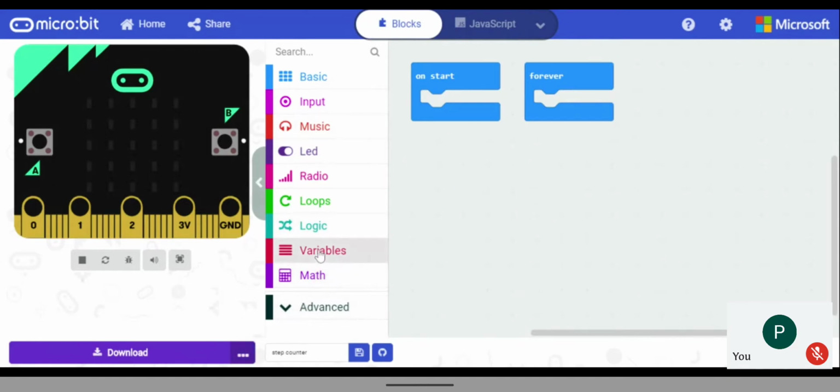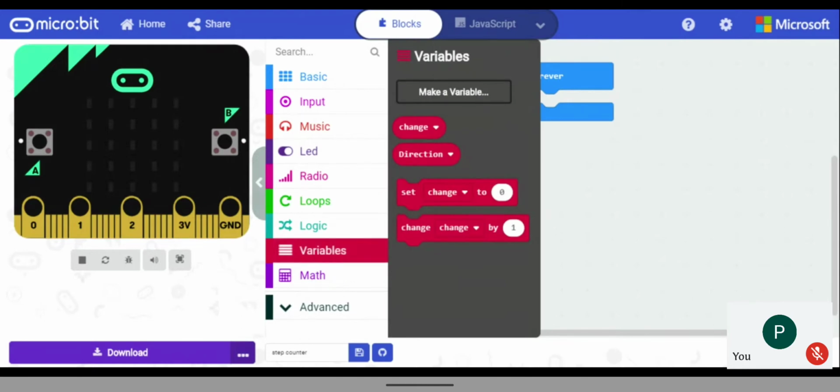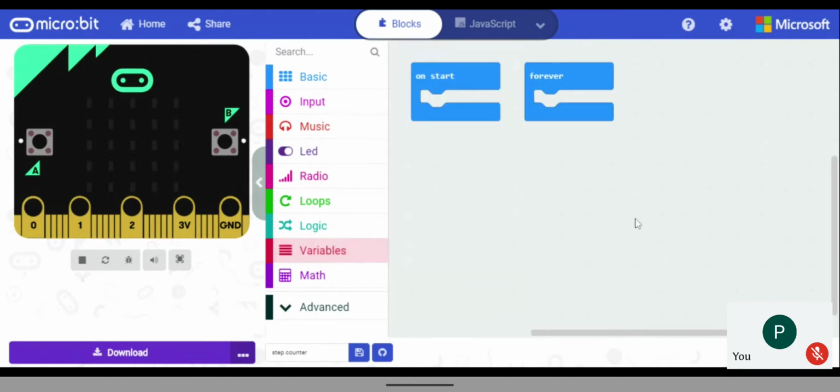Okay, now I want to show you a program known as the step counter. Does anyone know what a step counter is, what it does? Can anyone explain? Sir, ma'am already explained step counter in the last class. In the last class only she explained two programs, sir, compass and step counter.